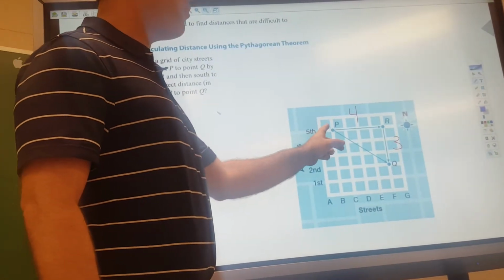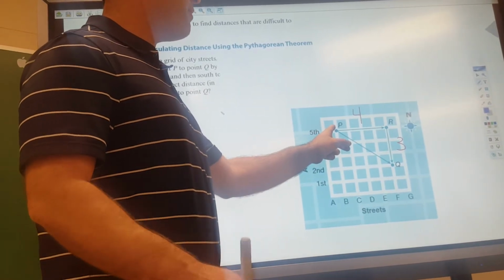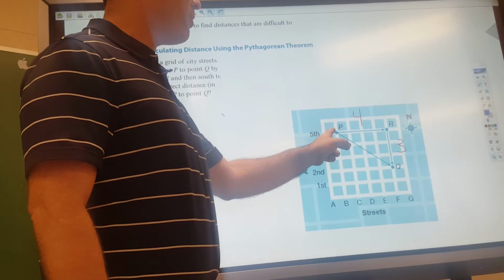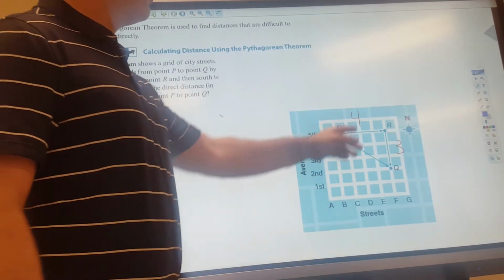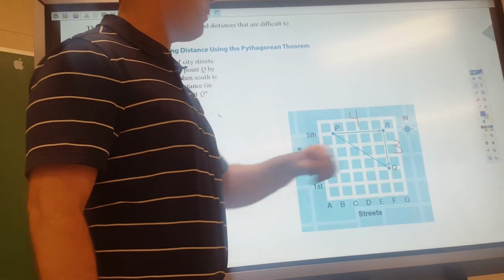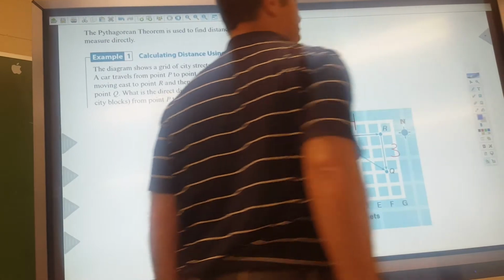Some get confused and start counting at the point. But remember distance. I haven't gone anywhere, so that's really 0. I've gone 1 block, 2 block, 3 block, 4 block. Okay, down here, 1 block, 2 block, 3 block. Okay, we see we have a right triangle there. So we look at this. We're going to use